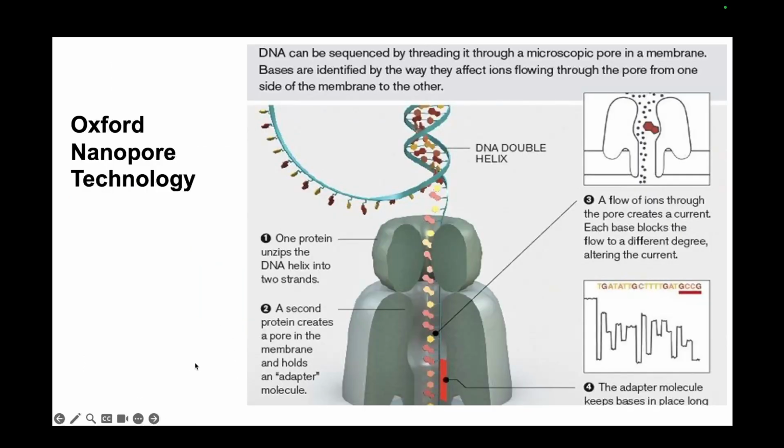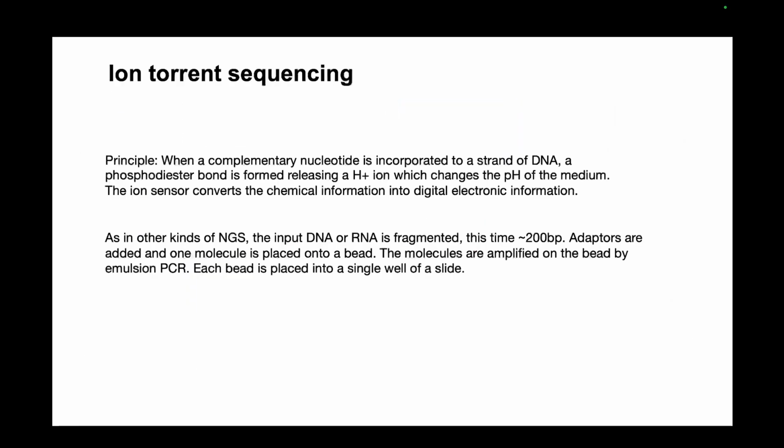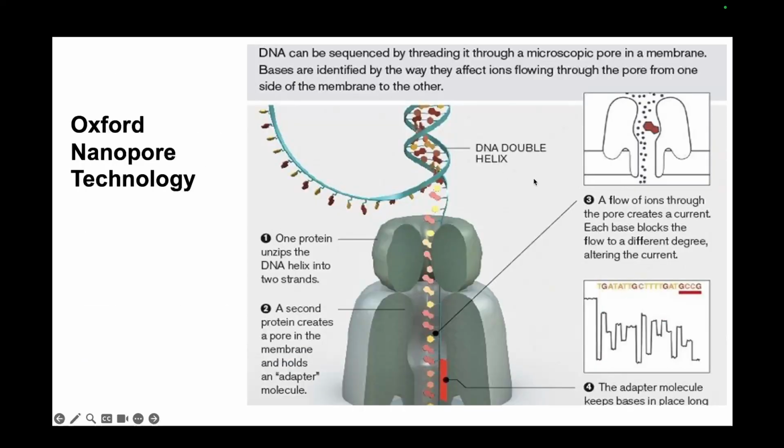So yeah, coming to the last part of the sequencing technologies. The last part is ONT, or Oxford Nanopore Technology. In this one, DNA can be sequenced by threading it through a microscopic pore in a membrane. The bases are identified by the way they affect ions flowing through the pore from one side of the membrane to another. So you have